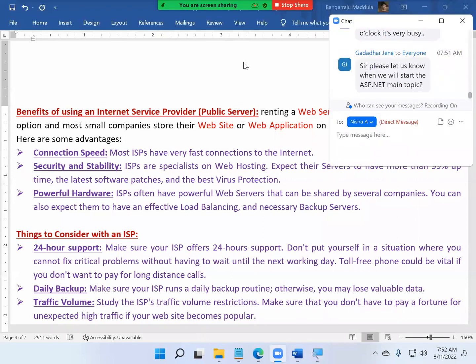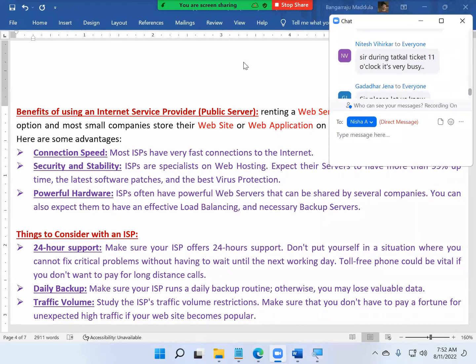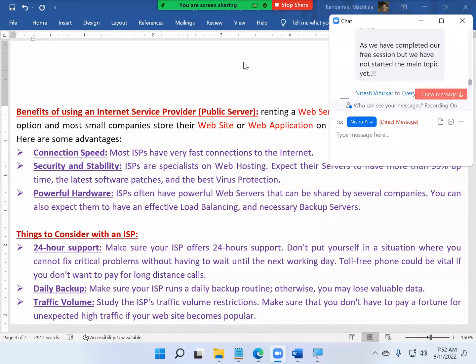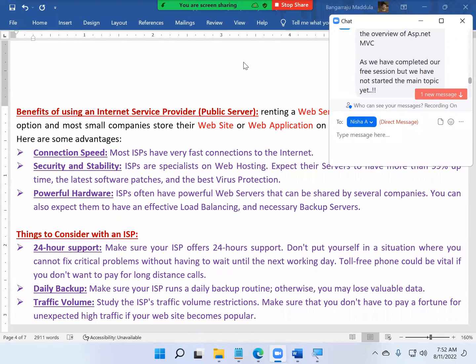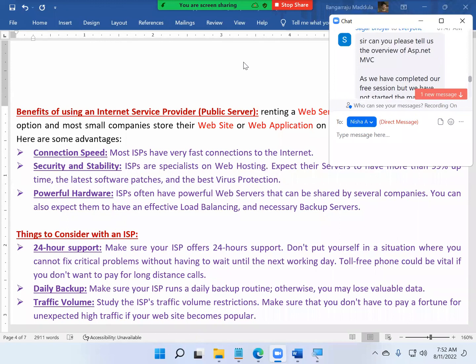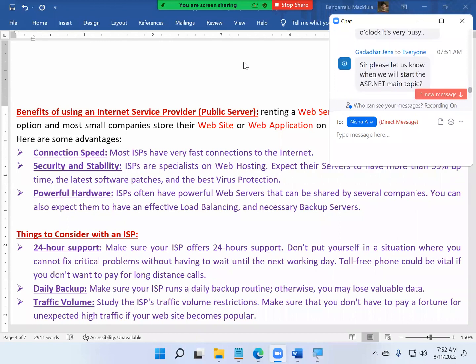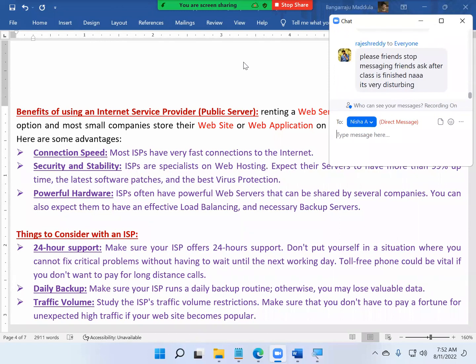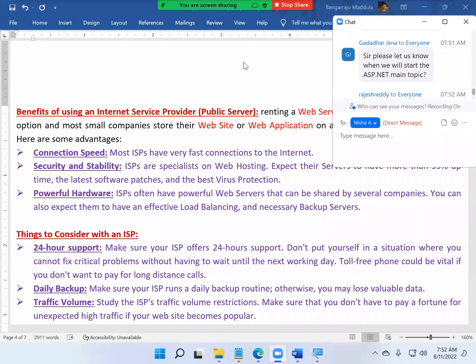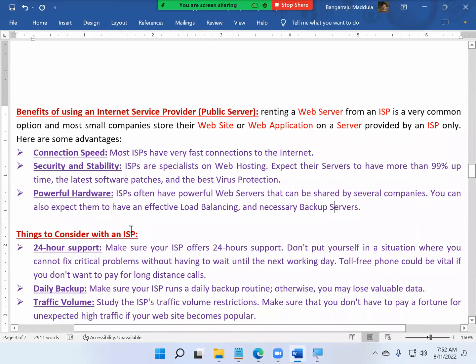This is ASP.NET only here. Again, separately, what is starting ASP.NET? Without knowing the fundamentals, you cannot build an application. Maybe you have some working experience, but directly jumping into the topic will not be possible because there are a lot of people who don't know the fundamentals of internet. I need to speak like this only. Have some patience.